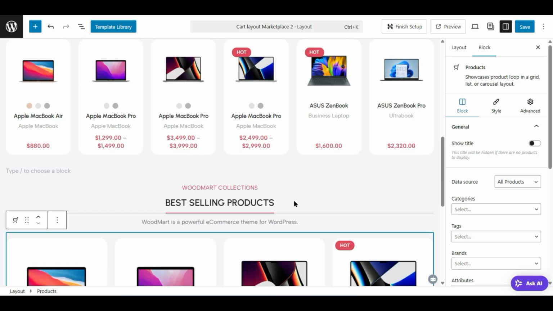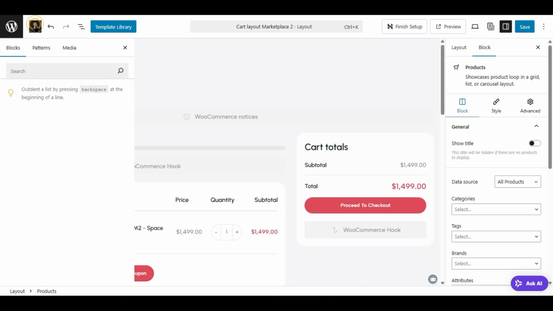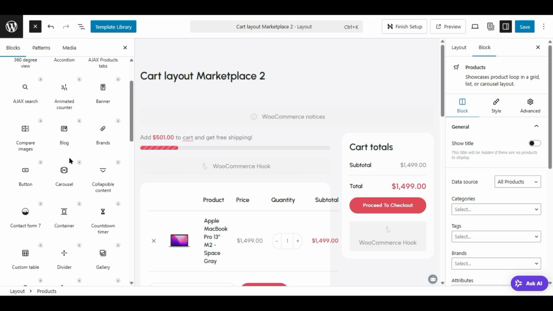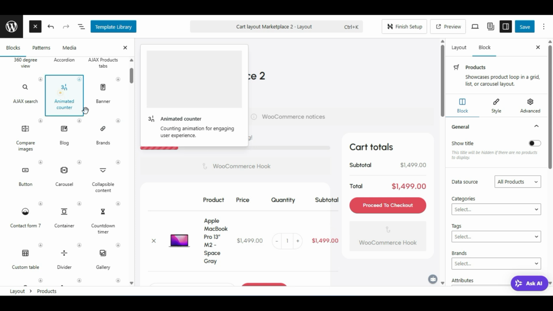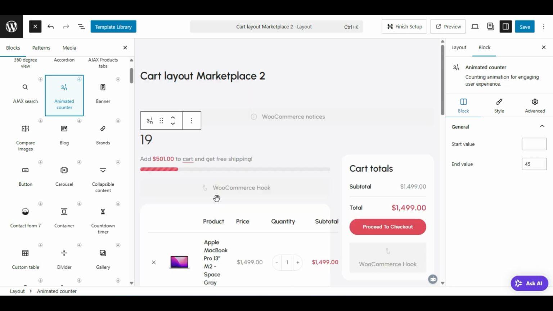You can remove the text or change these things. Okay, you can click here also, block inserter. You can try out, check what other things there are, like animation counter, the sale going on, and you can drag it somewhere where you find a space. This way you can set that time countdown timer. Click on it